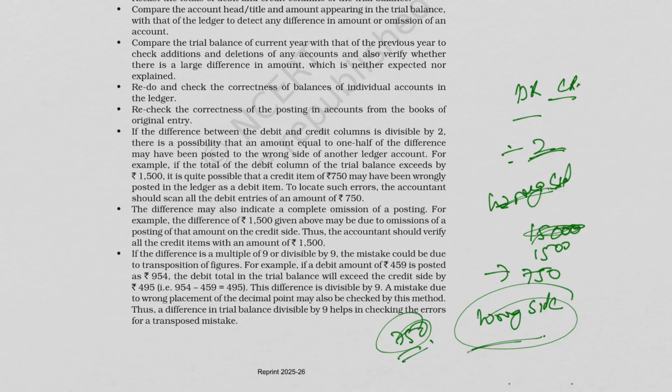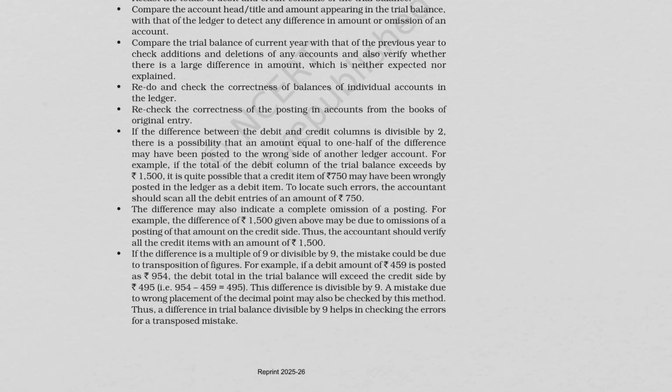Step 7, we have to check for the omitted posting. The difference in the trial balance may indicate that one side of the transaction was not posted. For example, suppose the difference is rupees 1500. This could mean that 1500 was posted on one side but it was omitted on the other side. Therefore the accountant should verify whether an entry of 1500 has been missed. Then we have